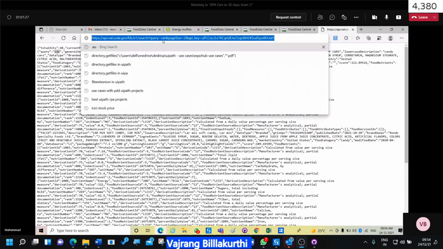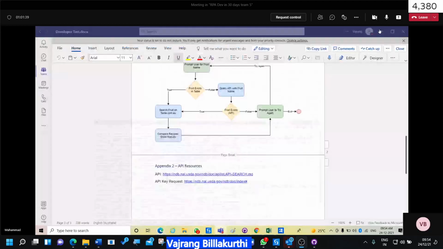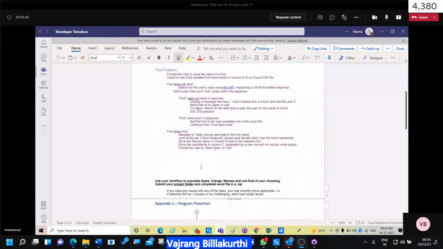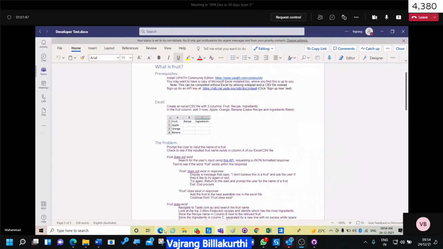Okay, so irrespective of the ingredient, if the total hits is greater than 0, then continue. Don't search for more. That's fine. Total ingredient is more than 10. We can proceed, Vajra. Total hits. Okay. Go back to the website, your API call.